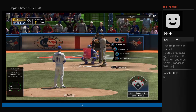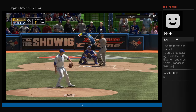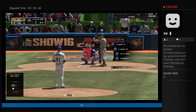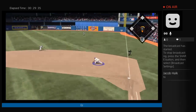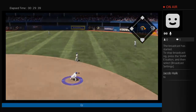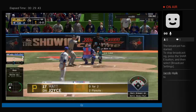Leading off the inning, Jung Ho Kang, and they'll need him to get something going here. Third baseman, Jung Ho. And he gets ahead 0-1. Not too many strikeouts on the ledger for him so far, but it hasn't really mattered. Yeah, I think ideally you'd like to see him miss a few more bats, but as long as you're keeping guys off balance and you're letting your defense help you, you don't need to strike a ton of guys out